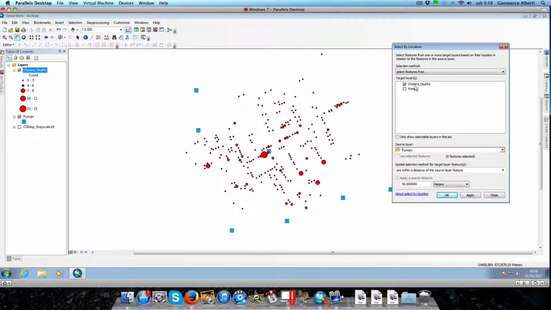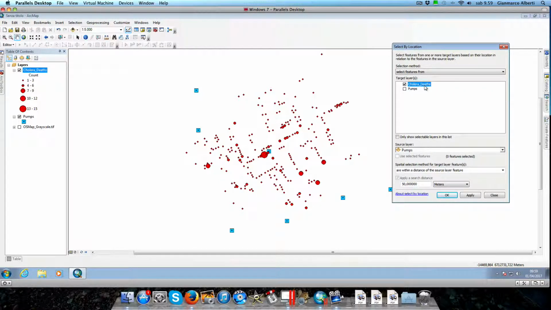And so we have to select our target shapefile layer. So this is the cholera deaths. So the selection method is select features from our cholera deaths